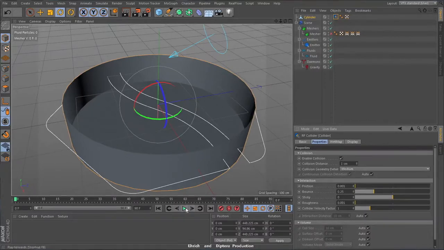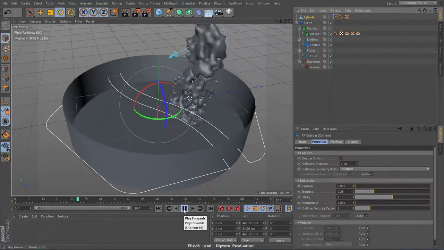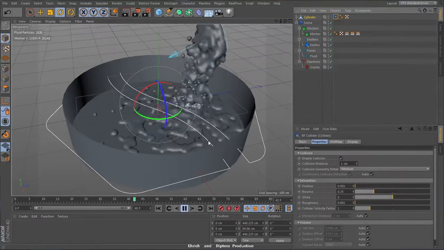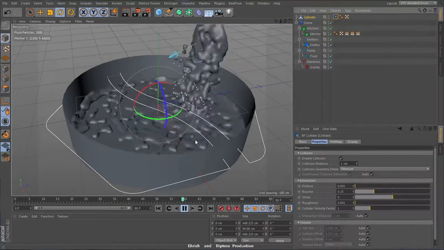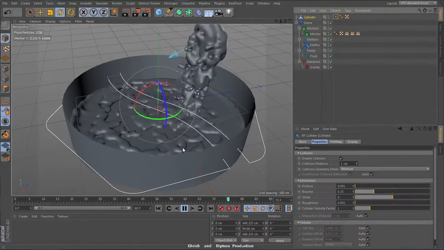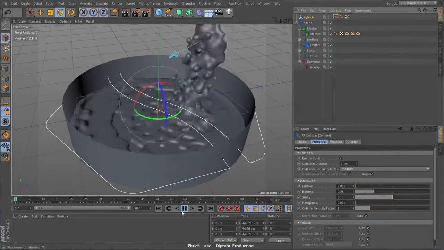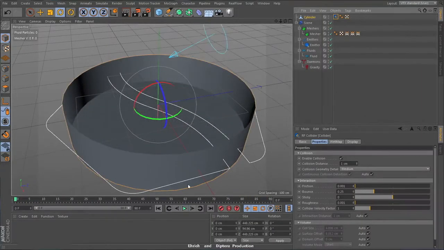Let's check out our scene and see what's going on. Yeah, you see our particles are hitting the bottom and bouncing around. Let's turn on our mesher and get a clearer look at how our fluid is looking. Now, wonderful, we see these cool droplets, but notice it's sort of chugging along, even with these kind of low